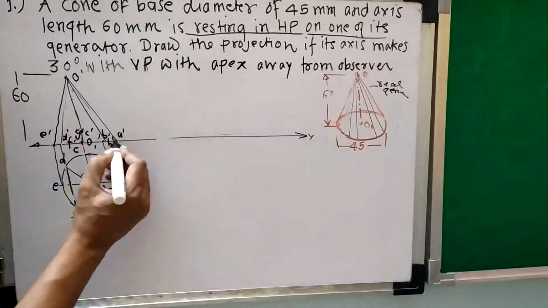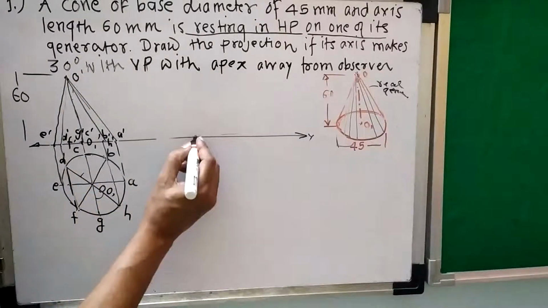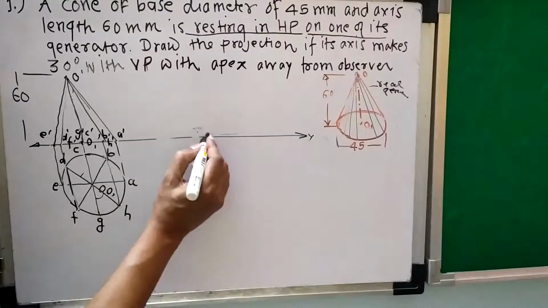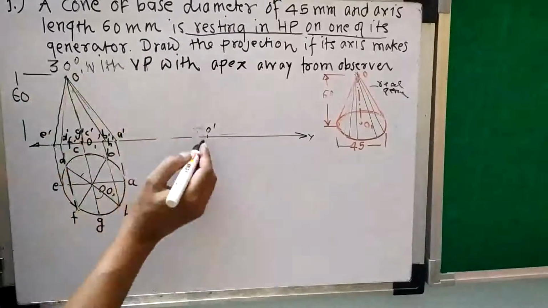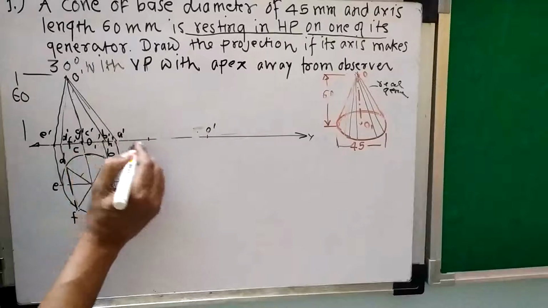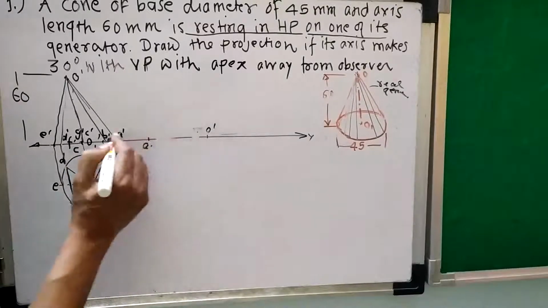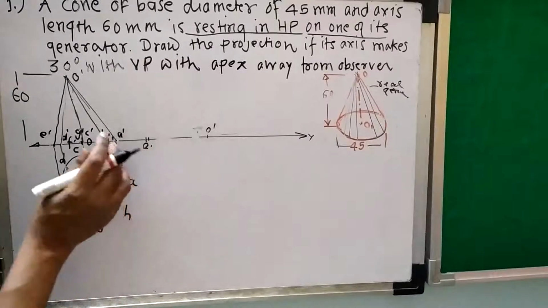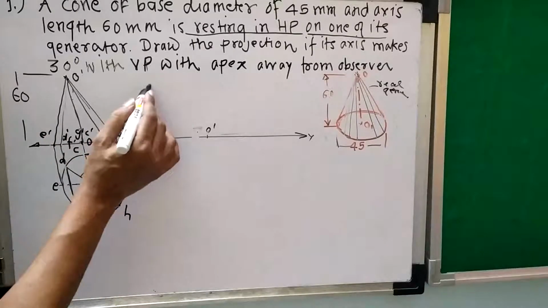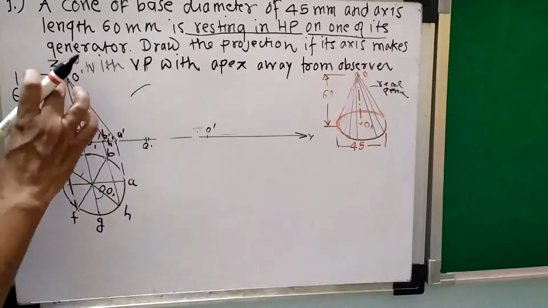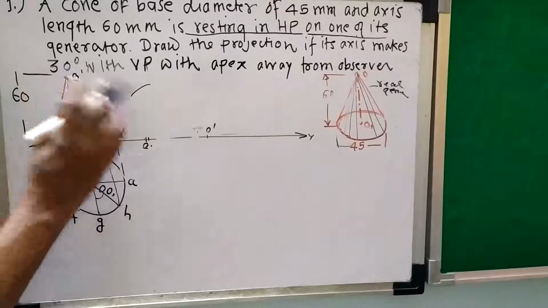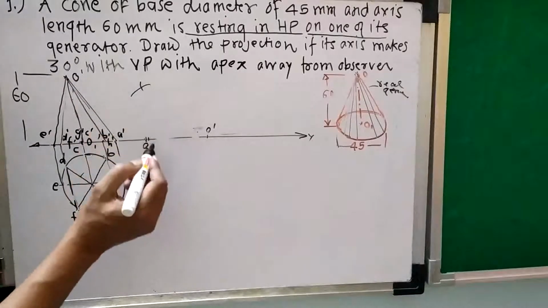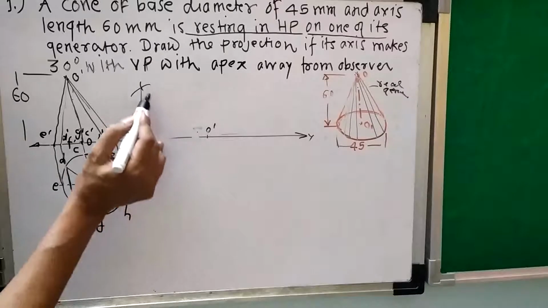So what will I do? I will keep this line on XY. So I will take this O dash and this much distance and cut here. So this will be A dash. So A dash O dash, this side I have taken on XY. Then I will take this distance in the compass, mark here R. Then this OE distance I will take in the compass from OE, I will mark, and I will reconstruct this triangle.